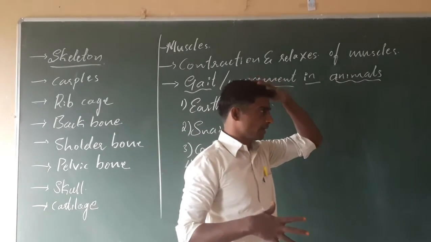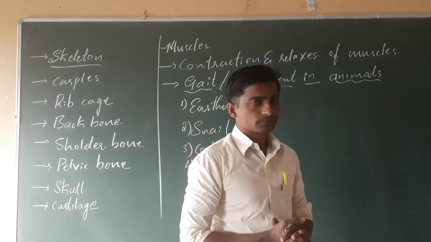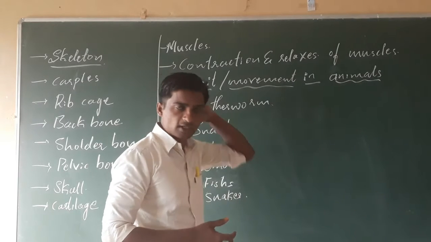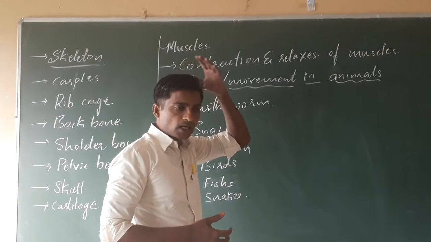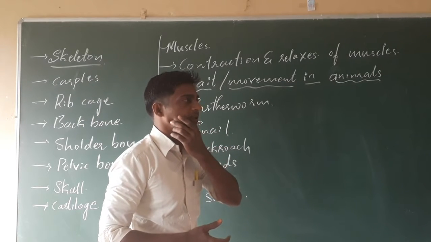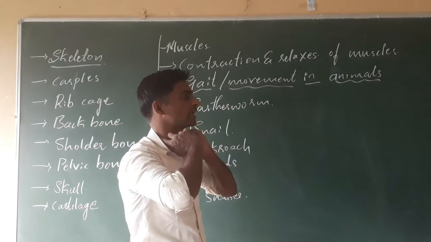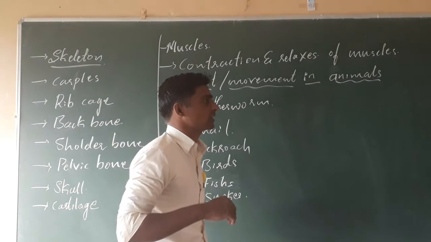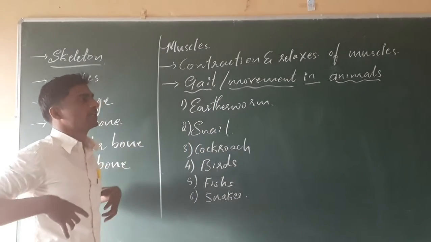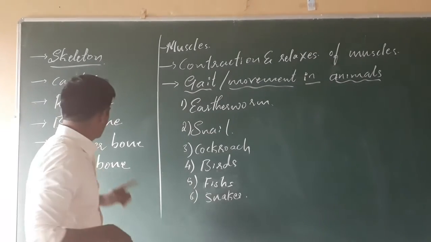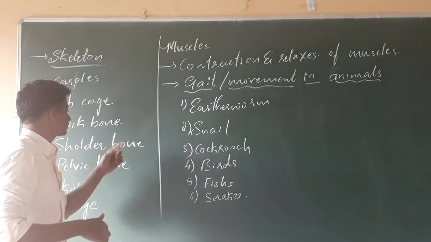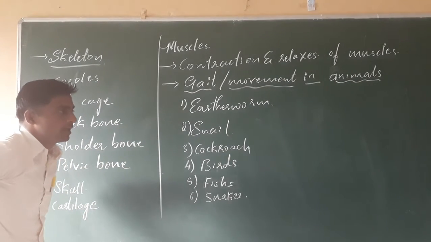The first one is the head part. The next one, attached to the neck region, is the atlas, and the skull is connected with different parts. Bony frames are there: the upper jaw and lower jaw. Then here the neck region, and after this it is connected to the backbone. Again the backbone is connected to the ribs. Then that is connected to the shoulder bones, the shoulder bones, which we can also call pectoral bones.